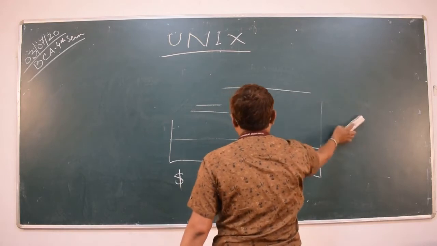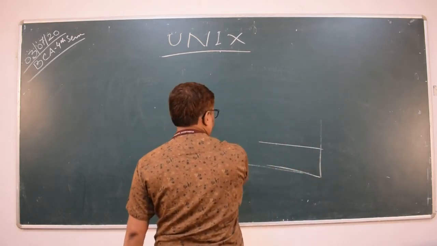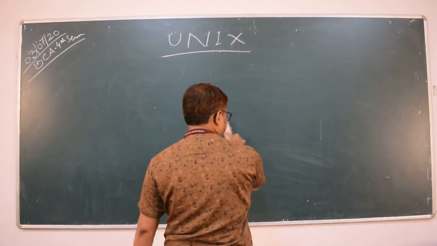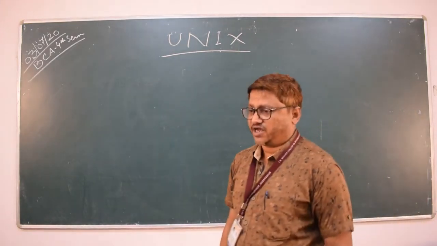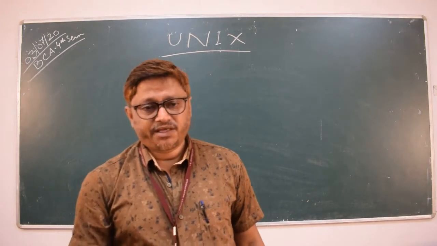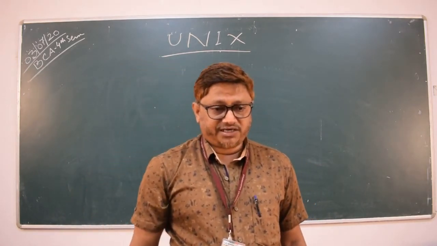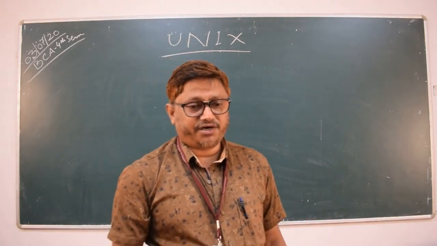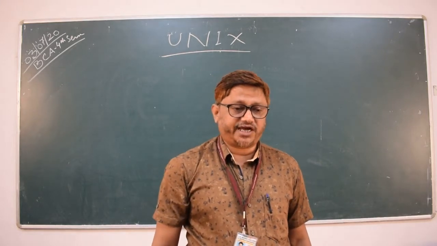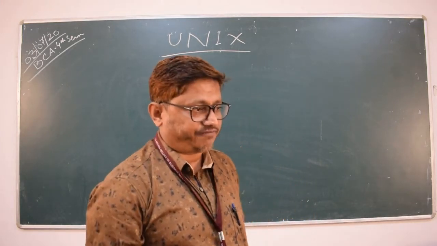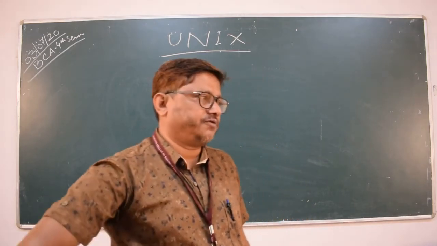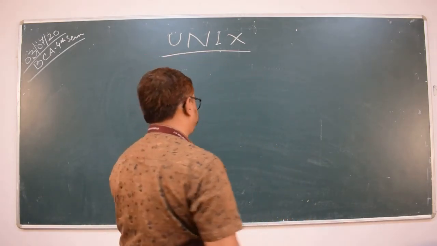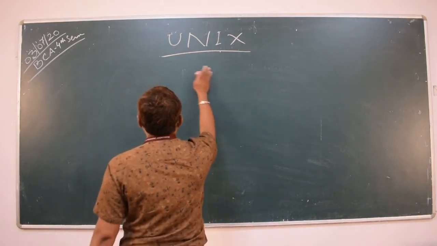Now let's come to another Unix command, after cat and the nano editor. Cat is used for creating a file, displaying a file, appending a file, displaying with line numbers, displaying with end of the lines, and if you want to edit a file, with the help of an editor. Now another very important command of Unix.